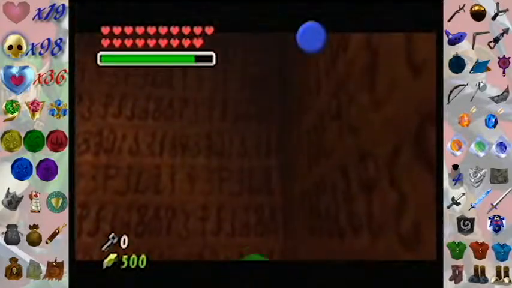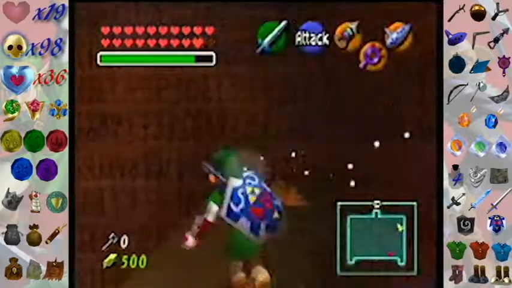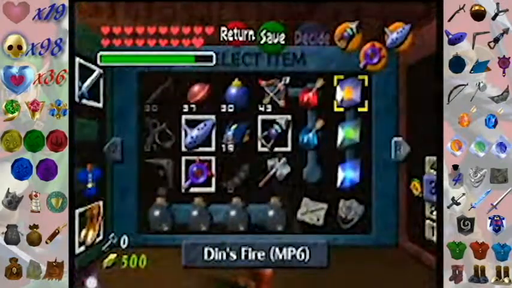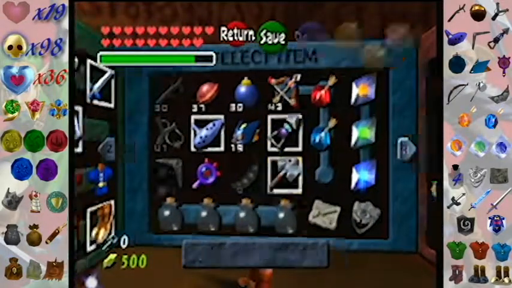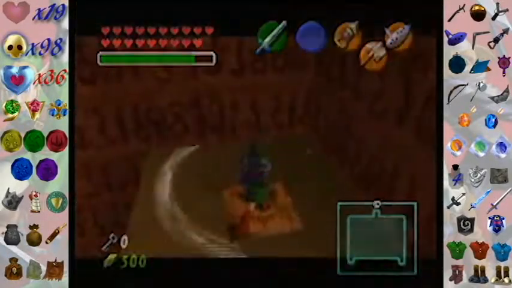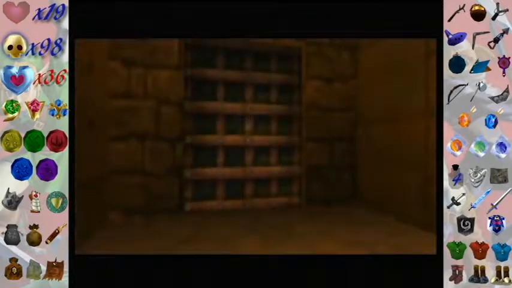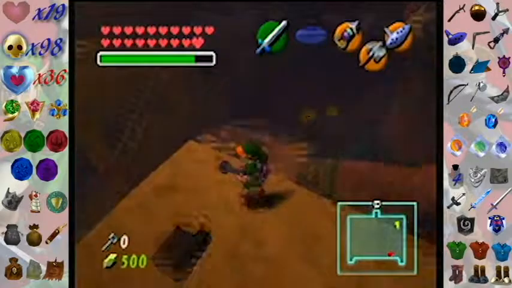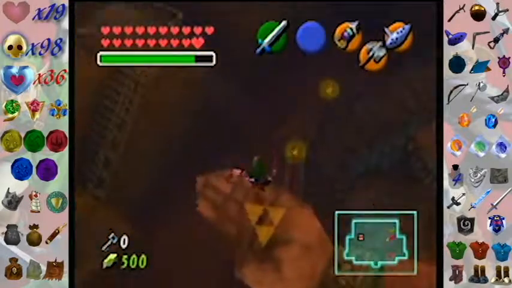I don't know if this is anything, probably not. Yeah, no. I don't remember what this switch does, but we need the hammer for it, so since we have the hammer, let's make use of it. What does that do? Oh, that opens that door. Okay. Now it's clear. Okay, jump back into...